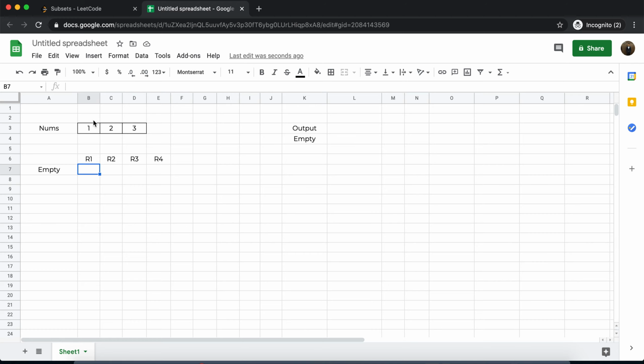Now the first recursive function will iterate through all the numbers available to it. Right now this function has all three numbers accessible. So it will add 1 into the current permutation and pass the control to the second recursive function.